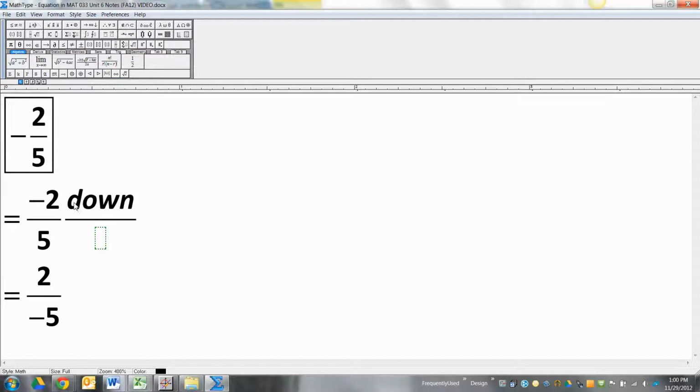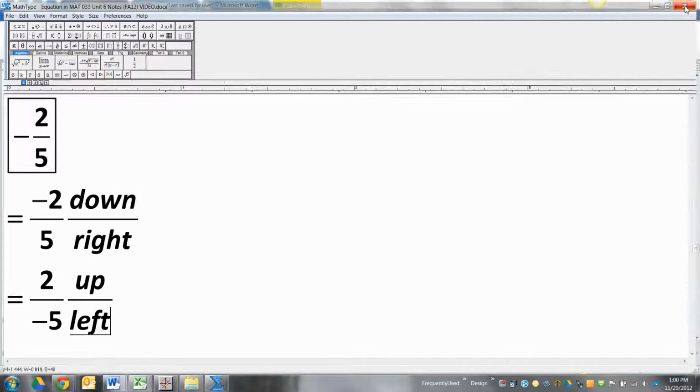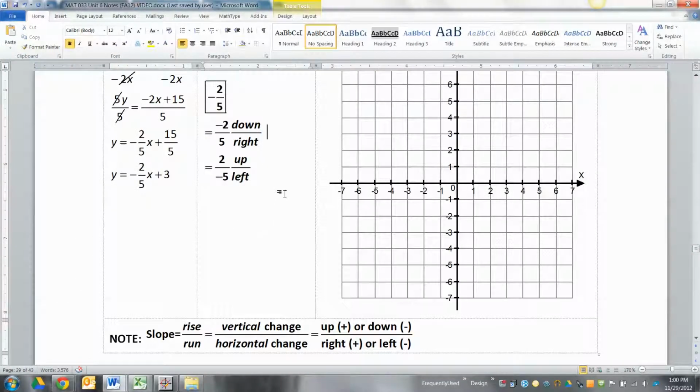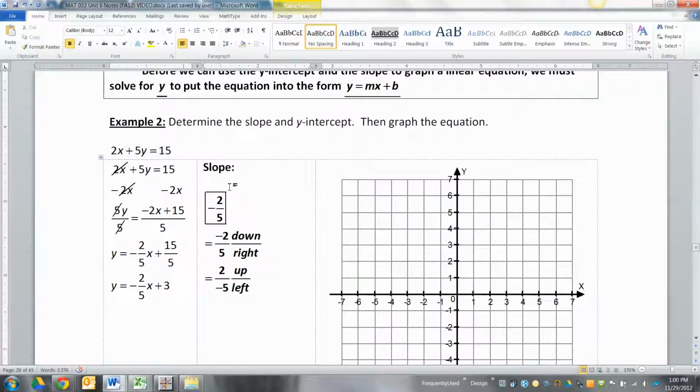And then left or right for the bottom number, but since it's positive, that'll be to the right. Or we could think of it the other way. We could say, okay, it's positive 2, that's up 2, and then negative number there, so that's left 5. All right, we're going to keep that in mind for when we have to use the slope